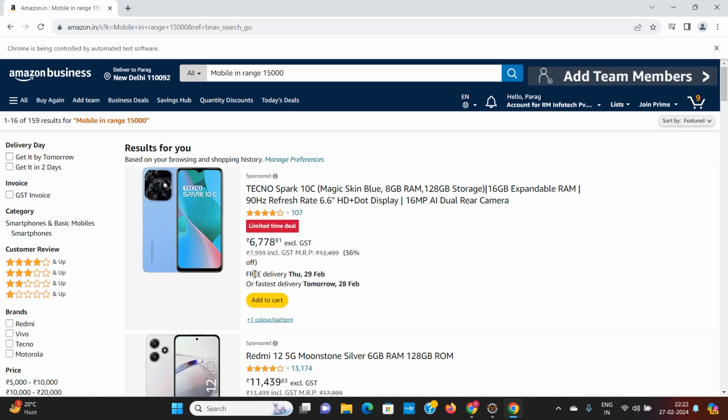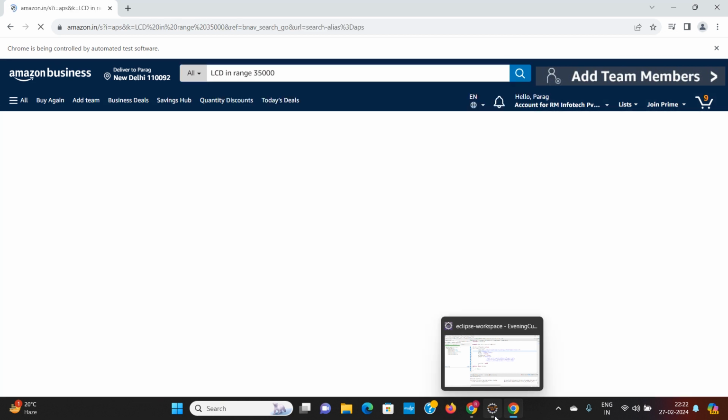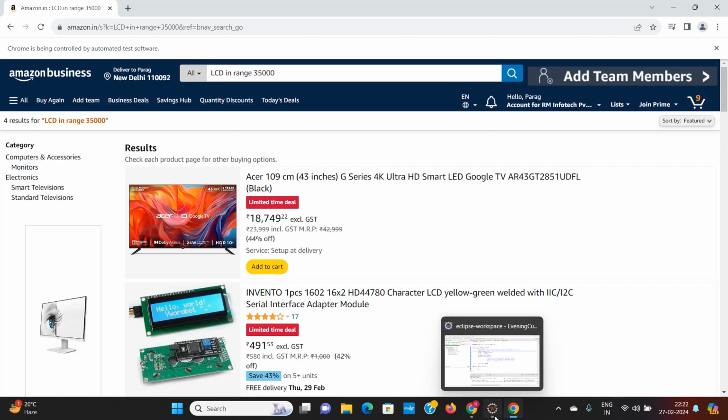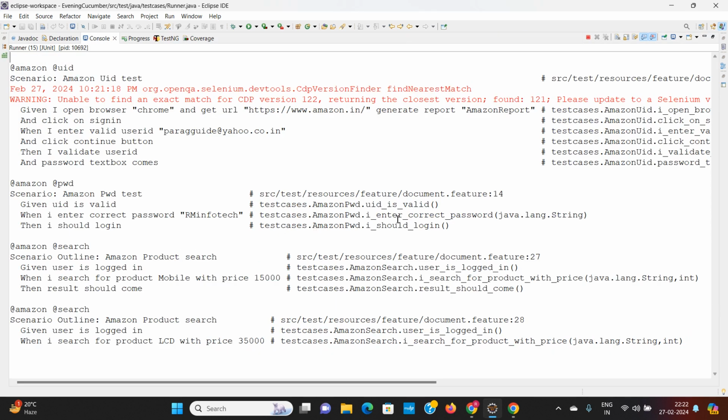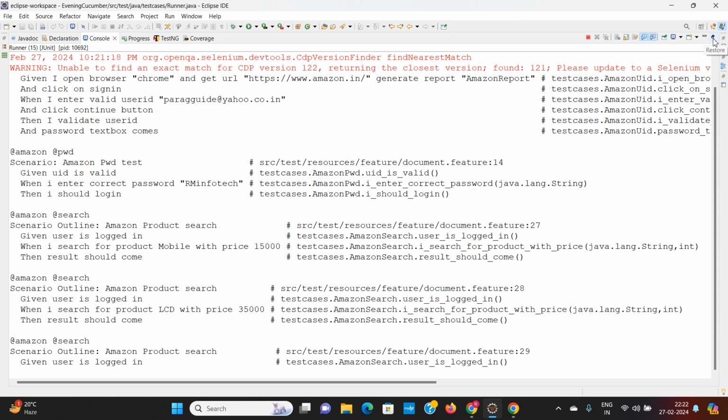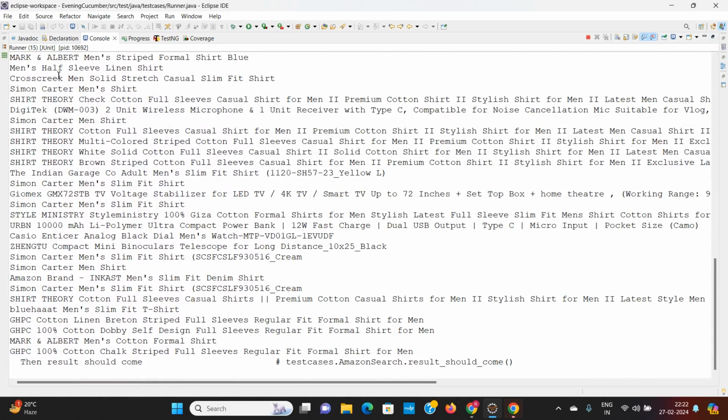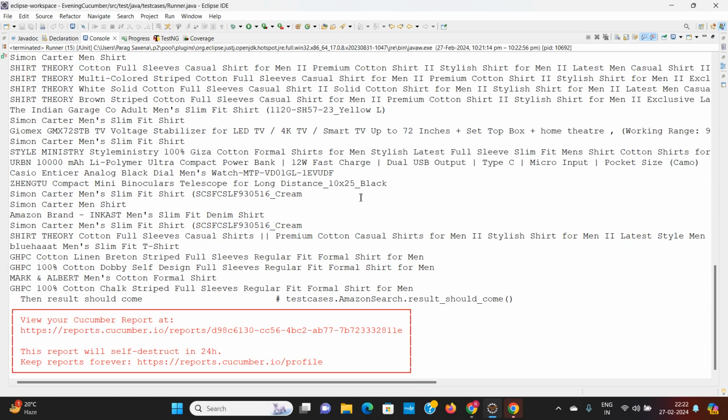Now last thing, that is finish. And you can check from here, it is getting multiple products also. You see, multiple products, it is fetching.